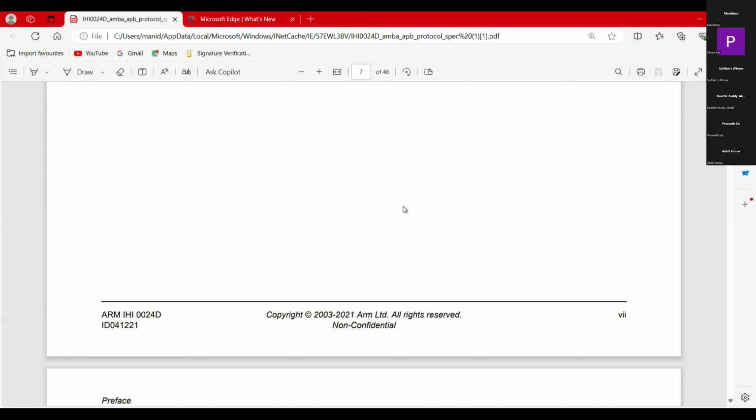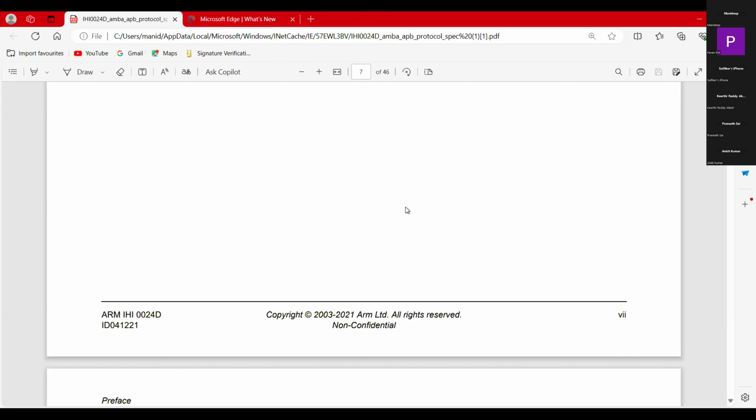I mean reset state. After that, it will go through the setup phase where I need to give valid write address, write data, and if I want to write the data to the slave, then I need to keep my P-write signal active. If I want to read data from the slave, I need to keep my P-write signal inactive. If all are done correctly in setup phase, then I will move into the access state where my